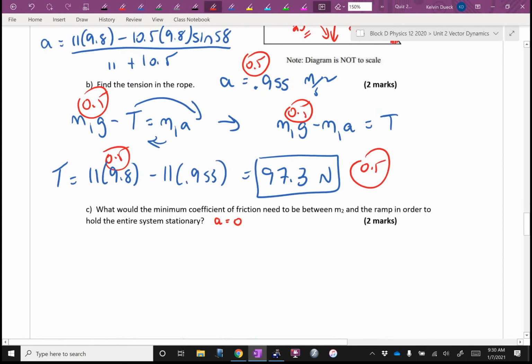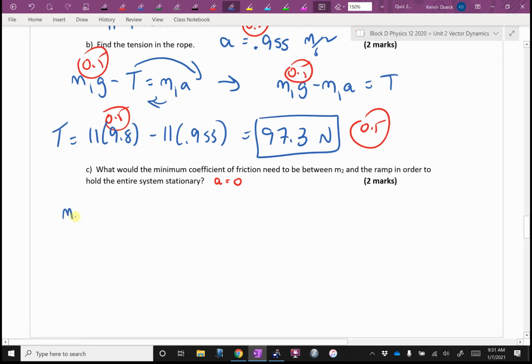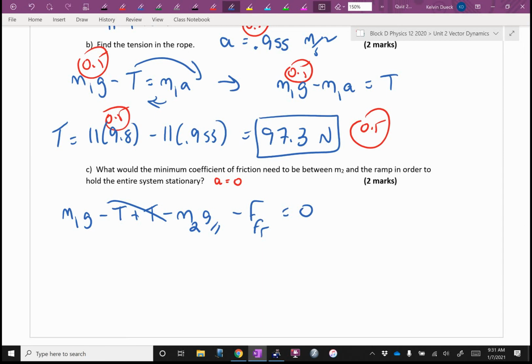I'll write my equation. It's going to look like this. M1G minus tension plus tension minus M2G parallel minus friction. But that equals, why does it equal 0? A is 0. I'd probably do it that way rather than try and get it in one step. Tension still cancels. What's this question asking me to find? Where is mu hidden inside of what? Let's get friction by itself. I think I would just add friction over. And I'll get